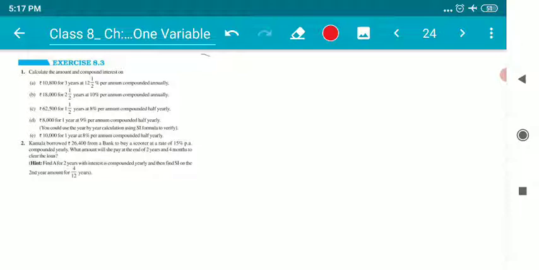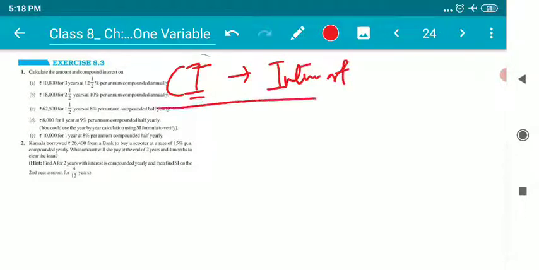Children, we have been dealing with a very interesting chapter about comparing quantities. As of now, we have done till exercise 8.2. We have finished all the sums of that particular exercise. So, in this video, I'm going to explain a very important concept of comparing quantities: interest, compound interest, or basically we can say interest. Now, what are these things? We will understand in detail, children.